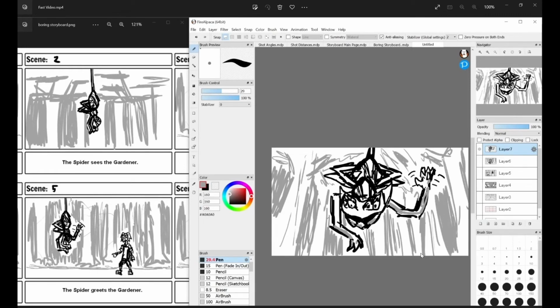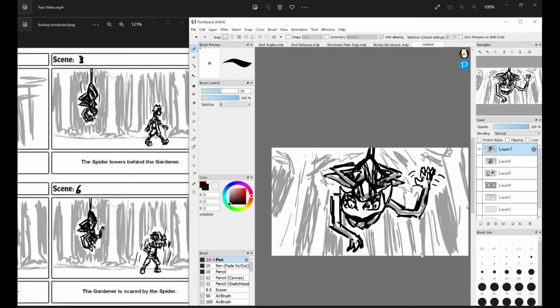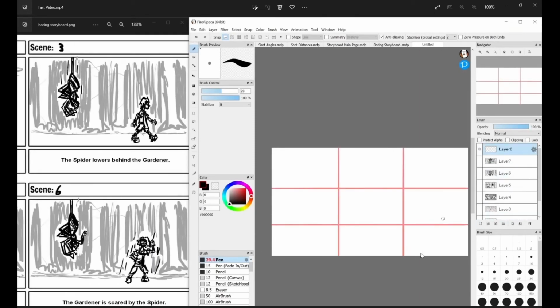So there's the spider greeting him, and there's me shading it. Shading is something you want to do if you want to put a little bit more detail. And the final shot there is the gardener being scared of the spider, and it's honestly not that different from